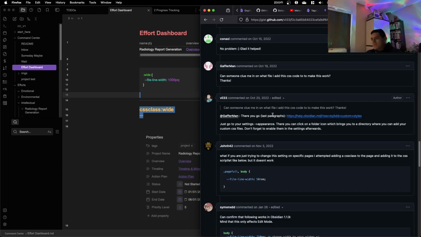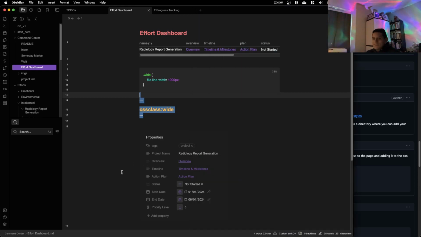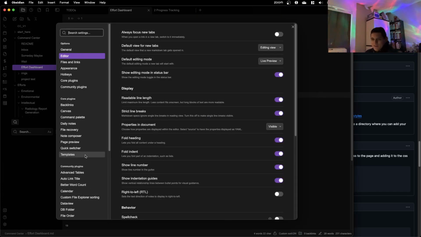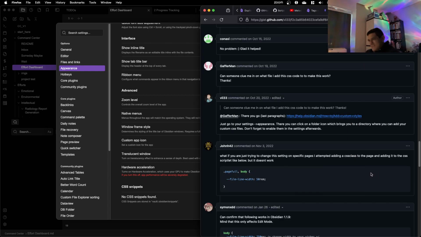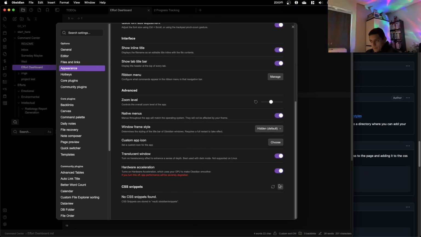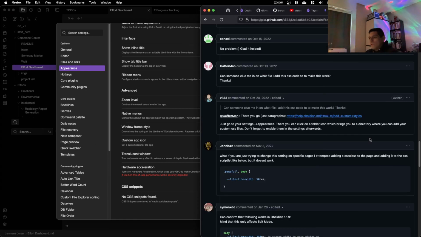There you go, last paragraphs. Add custom styles, go to your settings and appearance. Settings, appearance, CSS snippets. Click a folder, which brings you to a directory where you can add a folder.